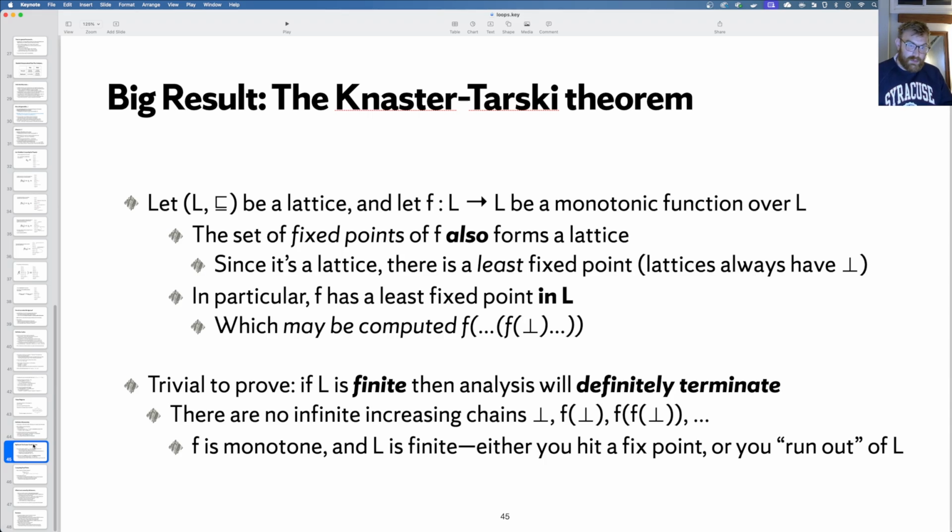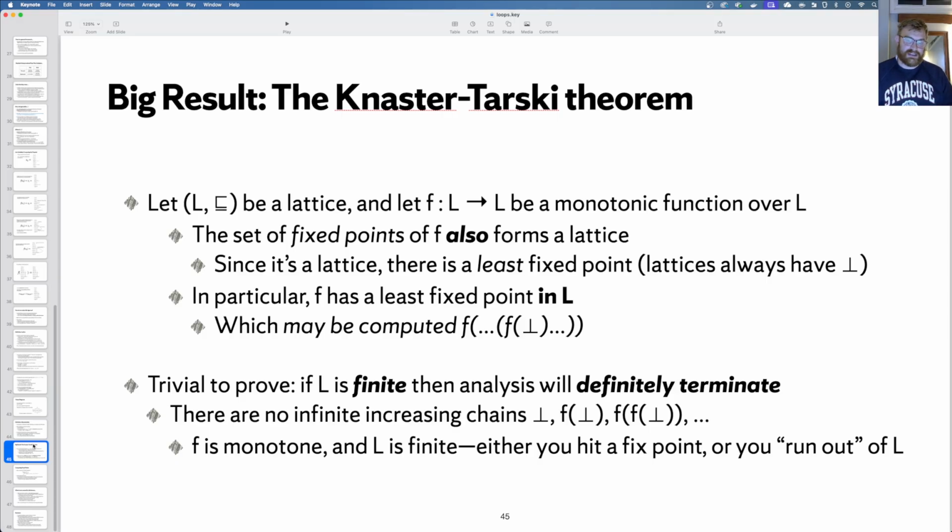Just unpacking that, what does that mean? Well, since the set of fixed points forms a lattice, there is a least fixed point, right? Because a lattice has to have bottom. And so because I know the set of fixed points forms a lattice, I know that there is a least fixed point. And also in particular, that least fixed point lies in L.